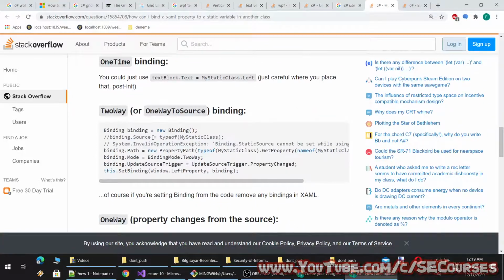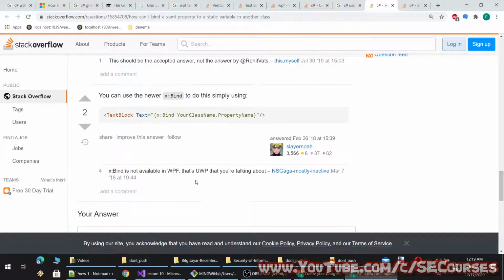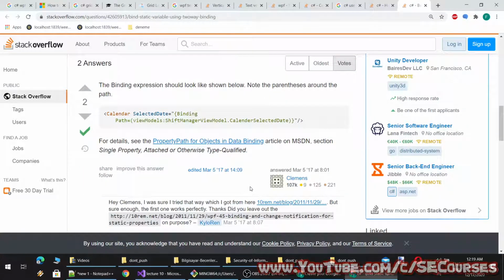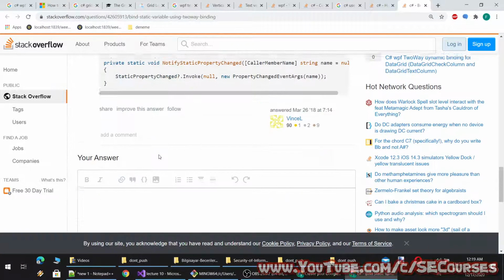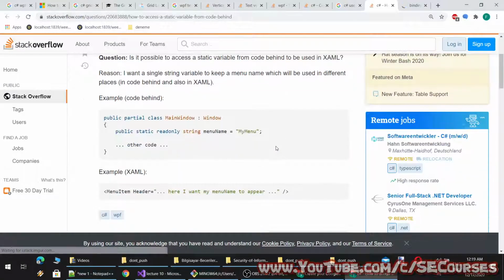There is binding from code, but I don't want that. There is a binding path. Okay, so we are learning another thing right now, which I have never done before.